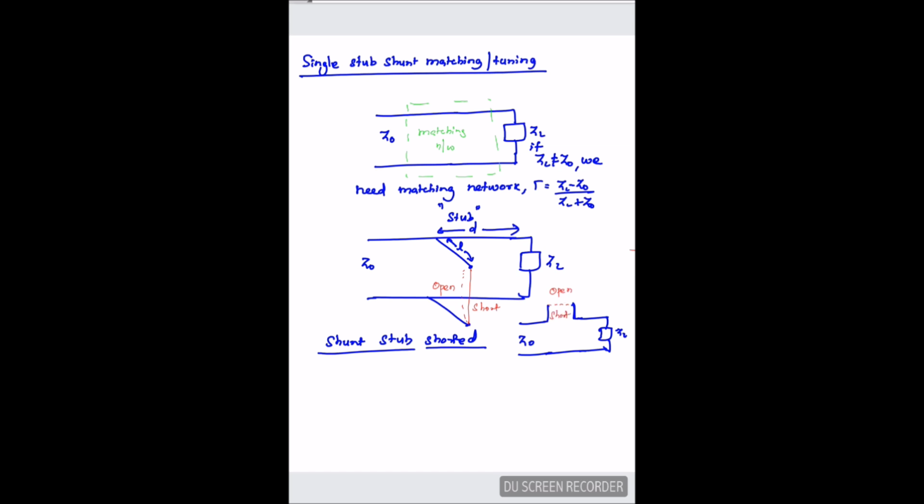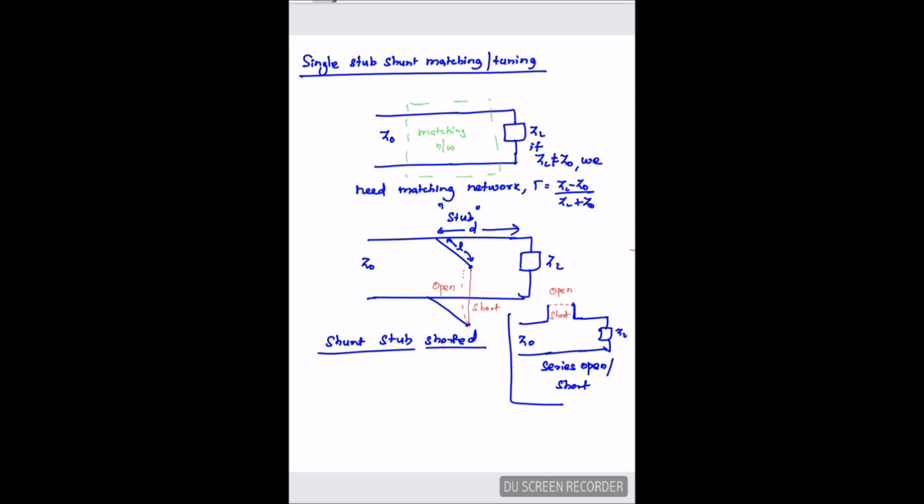So this is called series open or short stub matching or tuning. We'll see it later. Before that we'll go for the shunt stub and see one problem quickly,